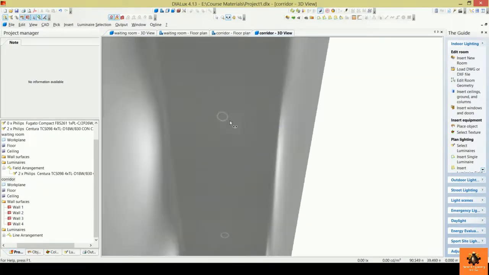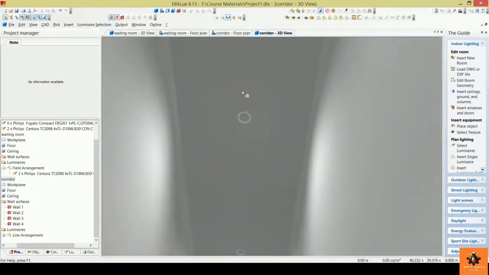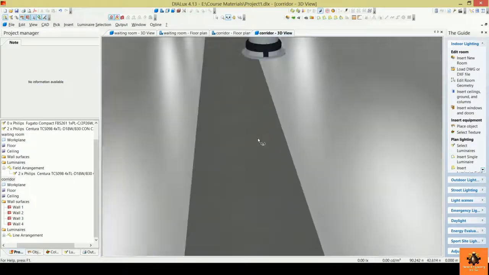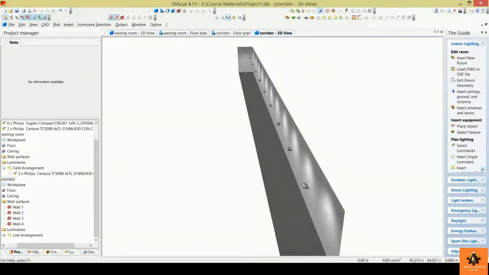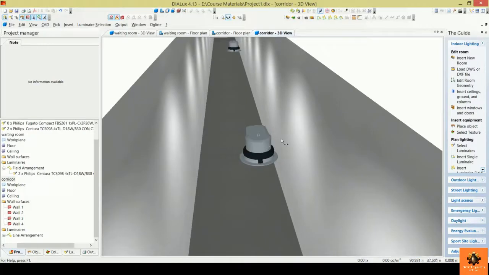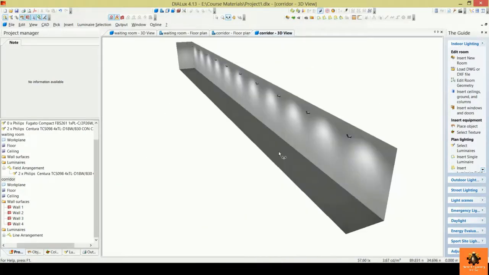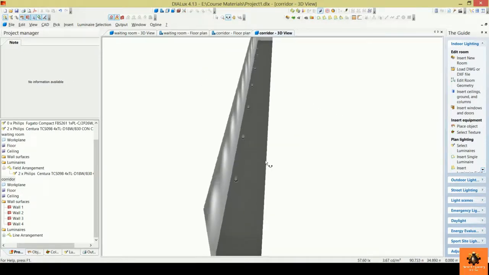They are some recessed luminaires, so only the surface of the luminaire appears here. And also we can rotate it. So this is the total length of the corridor, and this is the shape of the luminaire from the top view, and that's it. So that's about this tutorial,